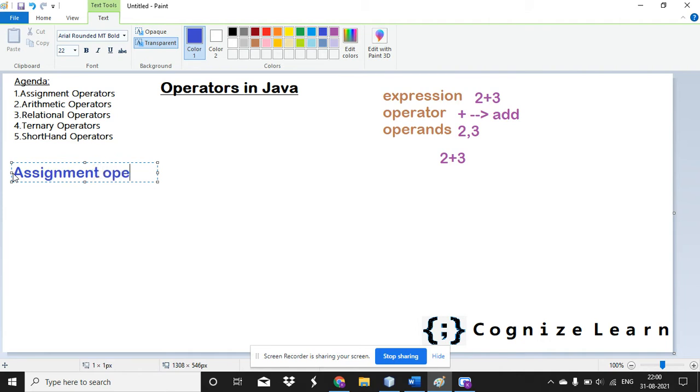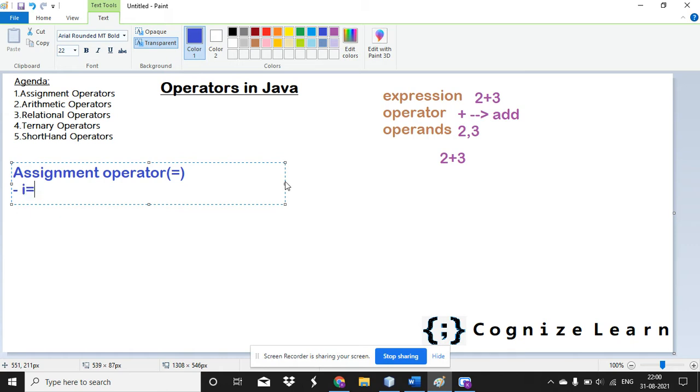What is the symbol used for the assignment operator? It is equal to. We all might have used this equal to operator somehow. So what is the purpose of the equal to operator?